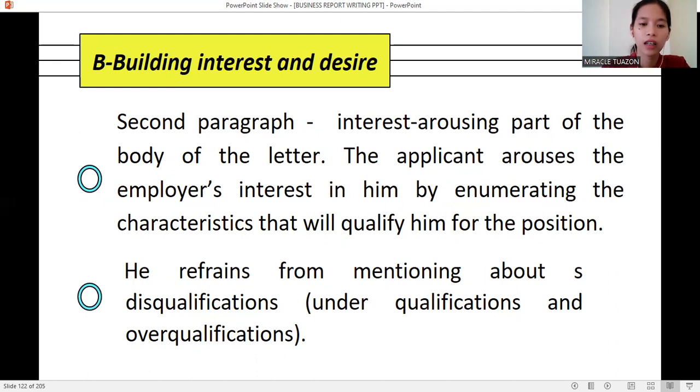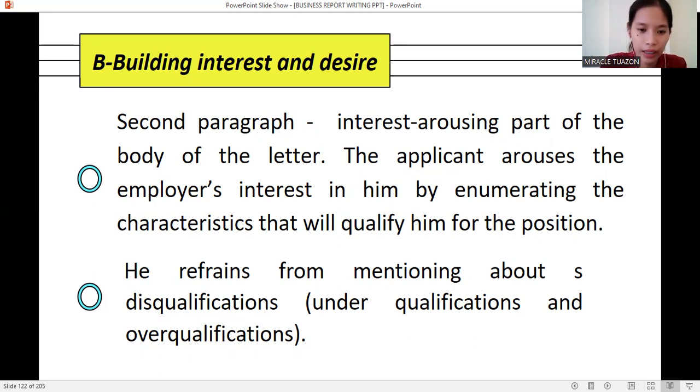Next, you have to refrain from mentioning the disqualification. Of course, kapag nagpapa-impress ka sa isang tao, syempre ang ipapakita mo is yung good qualities mo. Tama po? So hindi lang naman sa job application yan, applicable yan, di ba? So sa maraming bagay, dapat ang maging first impression sa'yo ng iyong magiging boss ay maganda. Because there is a saying that first impression lasts.